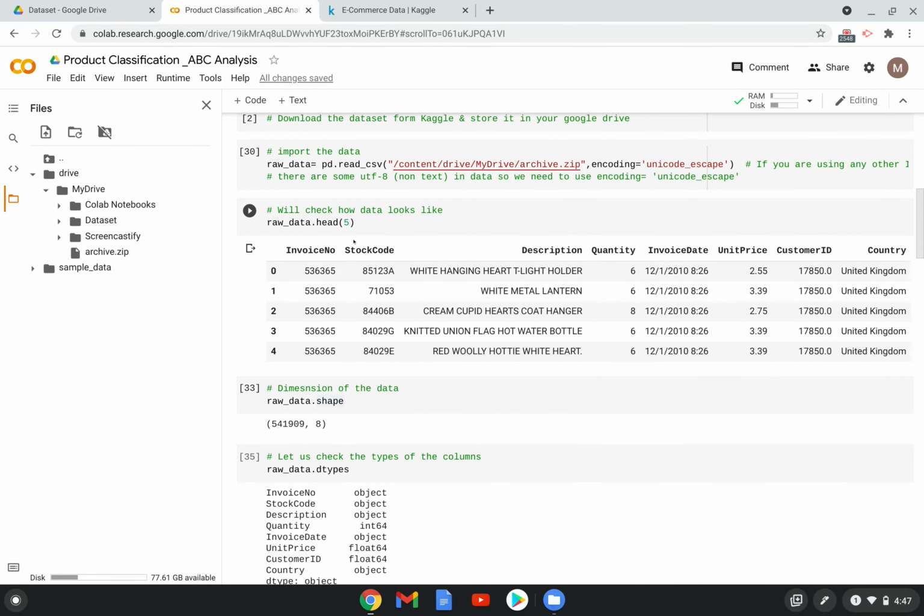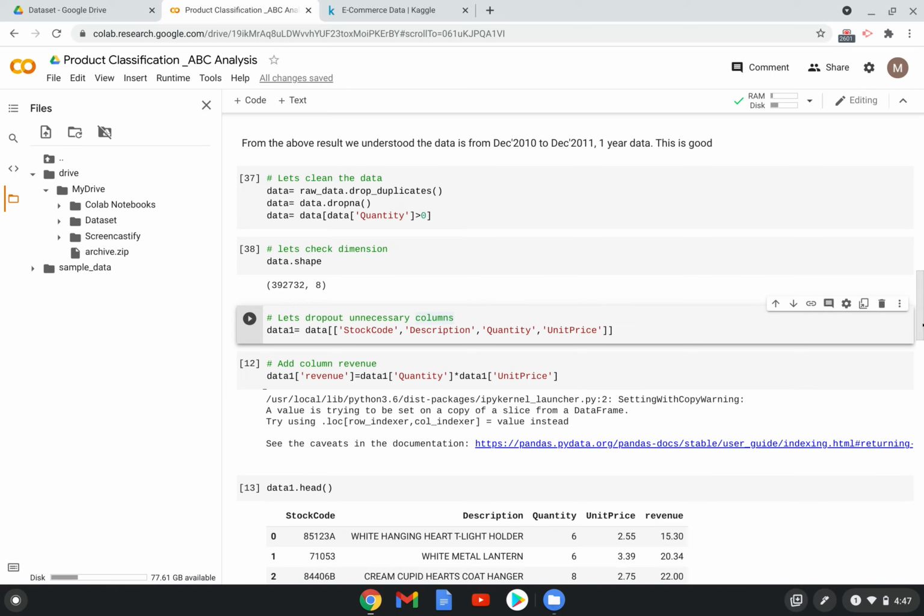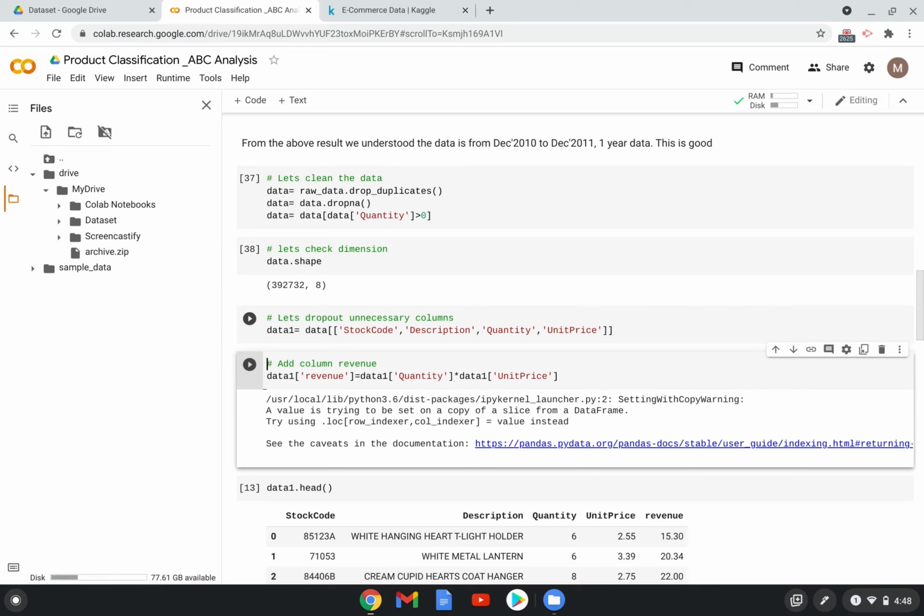We don't need the invoice number, the invoice date, customer ID, or country. So let's just keep stock code, which is the SKU code, and the description of that product, and quantity transacted, and then the unit price of the product. We'll take only these four columns from the earlier data set and call it a new data frame, which is data one. Let's execute that, which is done.